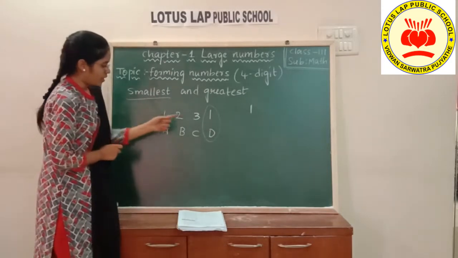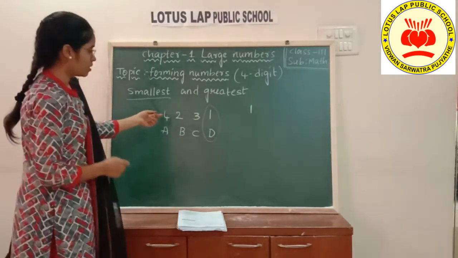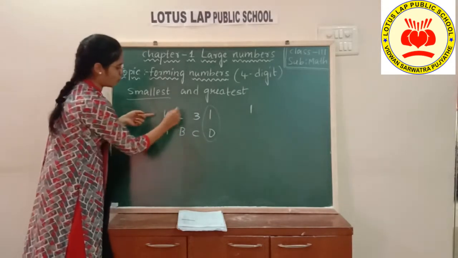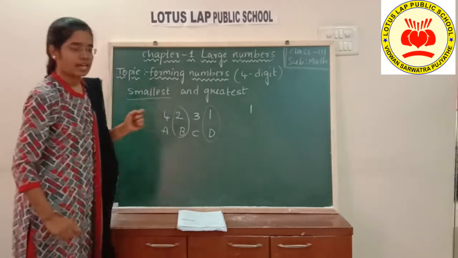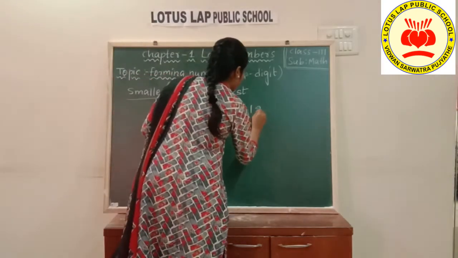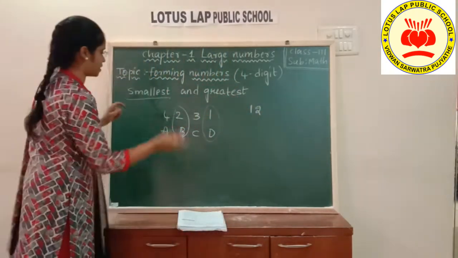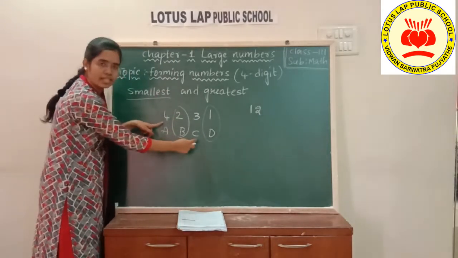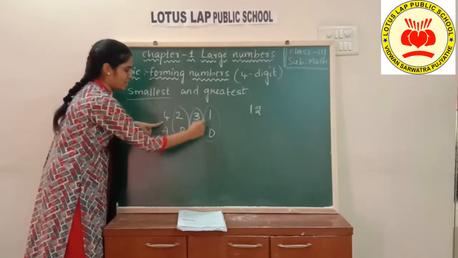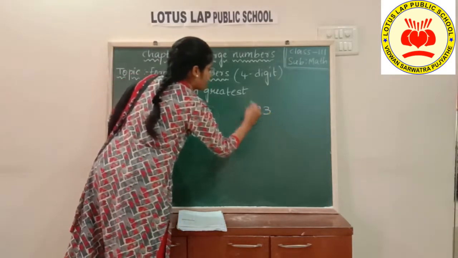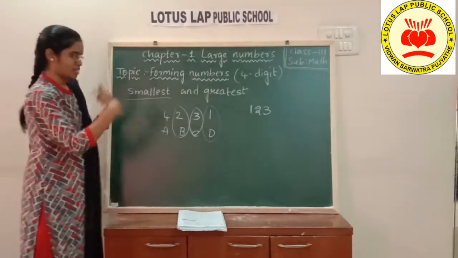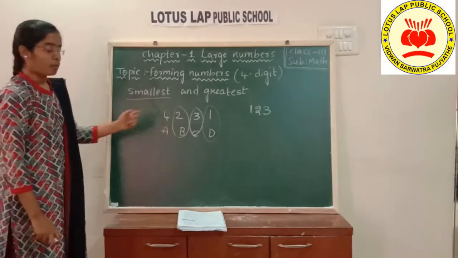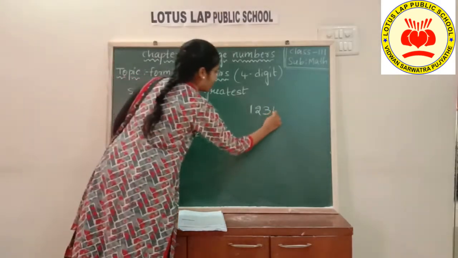Next, who is the next person? See, after 1, who scored less? Yes, 2. B. That means B scored less. Next number is going to be 2. After 1, 2. Next, after 2, who scored less, 4 or 3? A or C? Yes, C. Next number is going to be 3, children. Next, what is the highest and the last final score? Yes, A scored more points, that is 4.